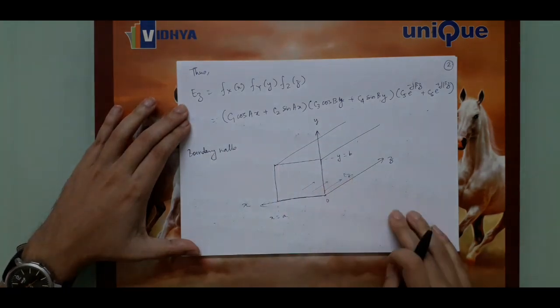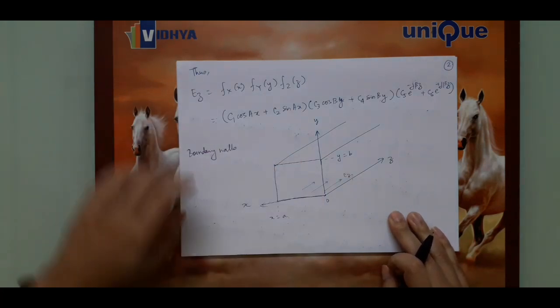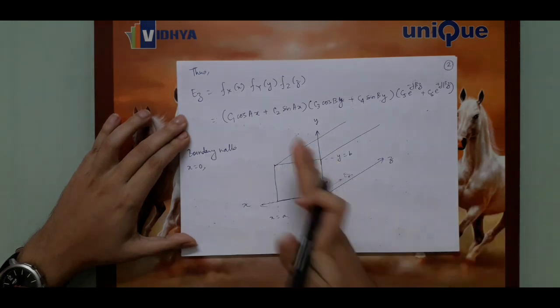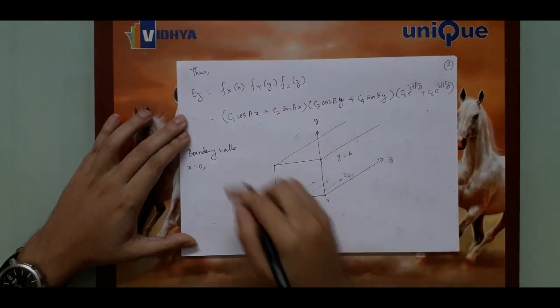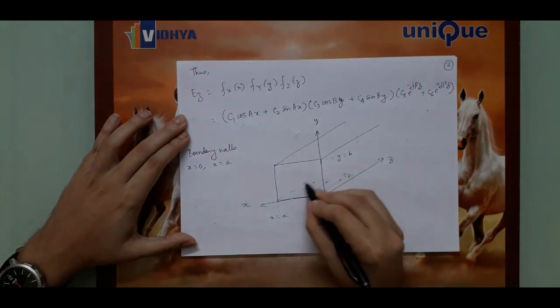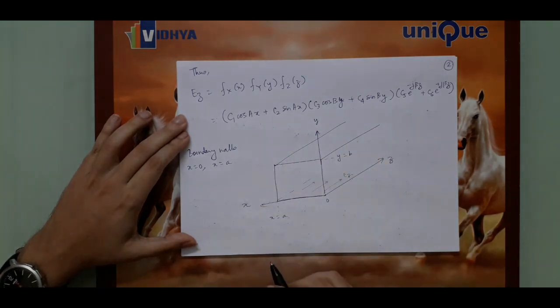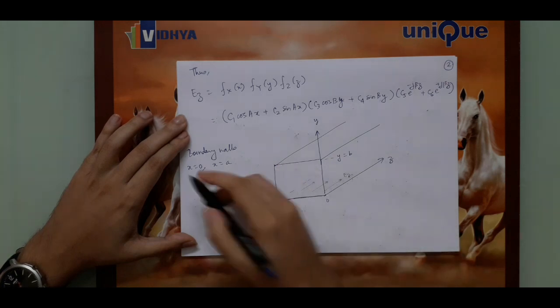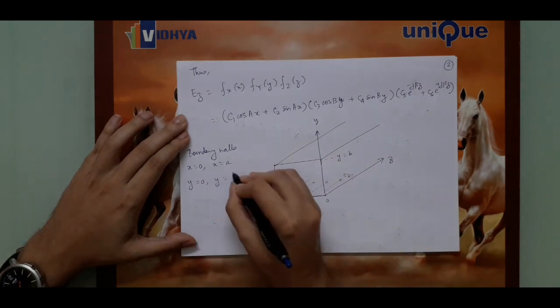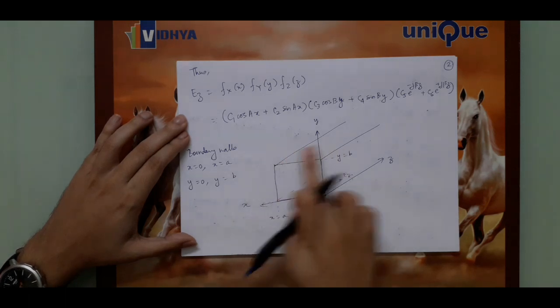So essentially with respect to the Z field, it will see 4 walls. One is x equals 0, that is this wall. The other is x equals A, which is this wall. The other will be y equal to 0 and y equal to B, that is this wall and this wall